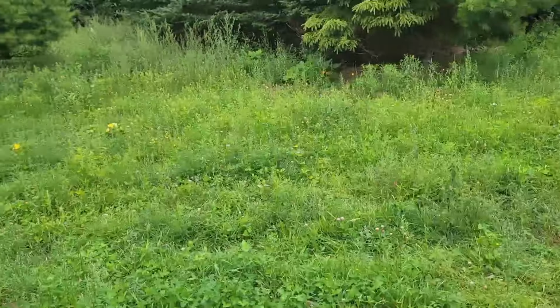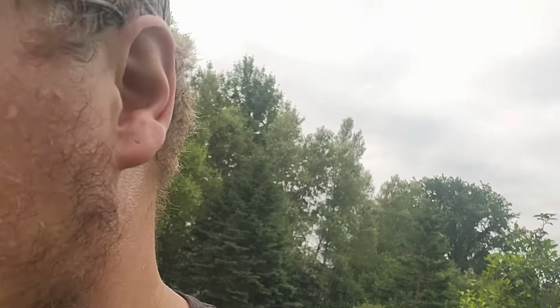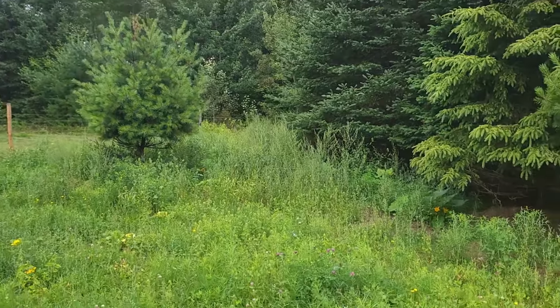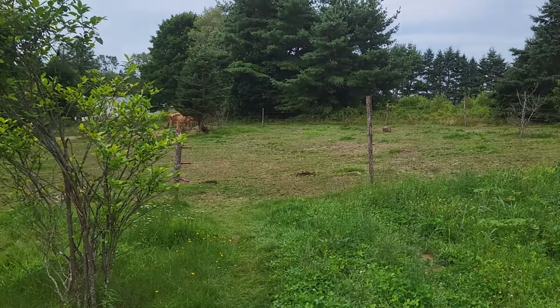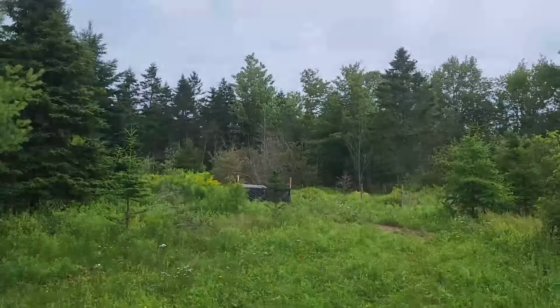And this has all come up really nice. If you remember a few videos back, we seeded this and it came up beautifully. Shelby was up at one when it was a little high and mowed it. By mowing it and letting the rain in, the seed soaked in and it came up pretty good. So we'll run our chickens through this pasture this year, and also up behind there. We'll run them around and around here. And then once we're done with the chickens and turkeys this year, we'll open that up so Rose will have access to here and up where the turkeys are. So then she'll be able to come in and have nice green pasture grass to chew up,